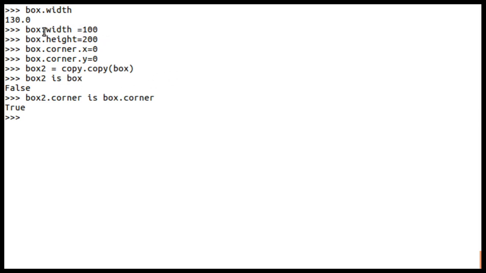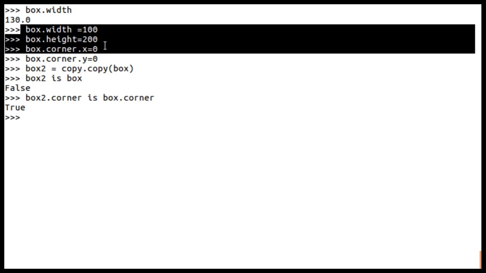Remember, box has 3 attributes: width, height, and corner. Box2 is box is false, meaning box2 and box are different, two objects, whereas box2 dot corner is equivalent to box dot corner.